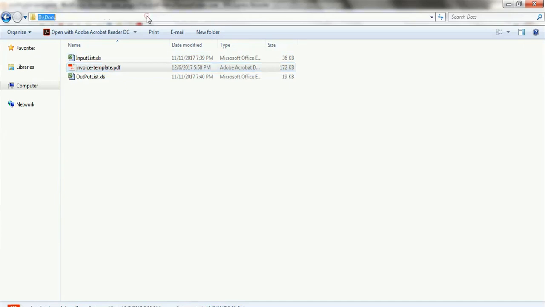Now, before we begin with the scripting and the demo part, let's take a look at the PDF file which we will be using in our project. We have placed an invoice template.pdf under our local D drive at the location highlighted on the screen. That is, the file is under the D drive documents folder. Let's copy this location.